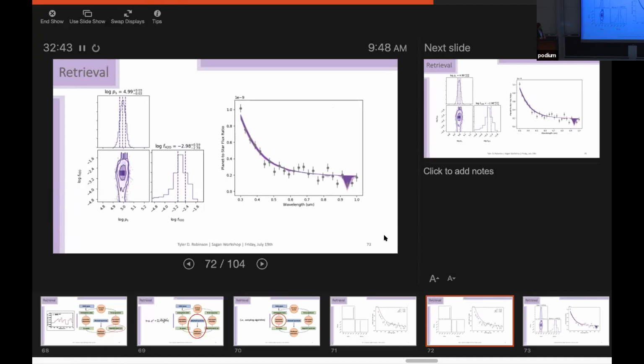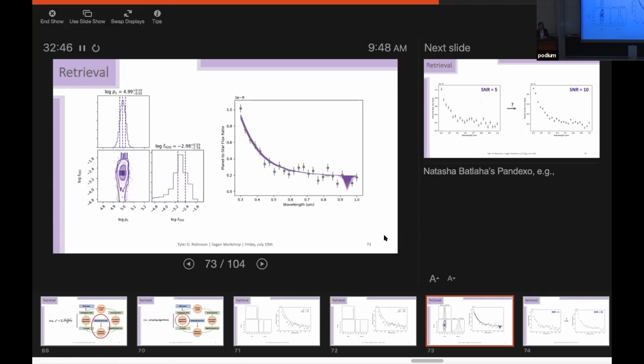And then I'm going to jump to what the final result looks like at the end of the movie. And so you see a really nice Gaussian-esque distribution for how I constrain the surface pressure from those observations. And then a much more messy posterior distribution for water vapor that has this awful tail out to tiny numbers. You can see that at 1 sigma, it's pretty much consistent with there being no water vapor